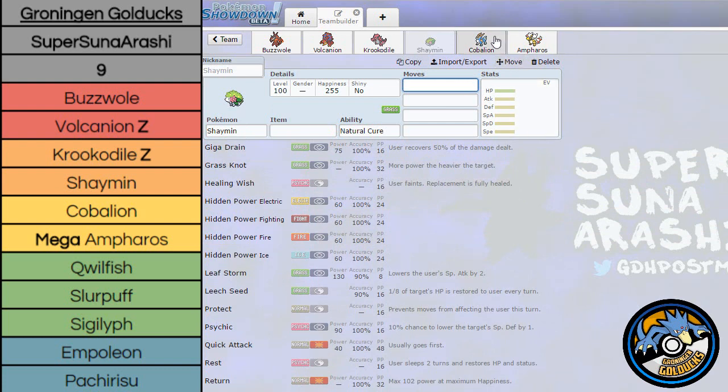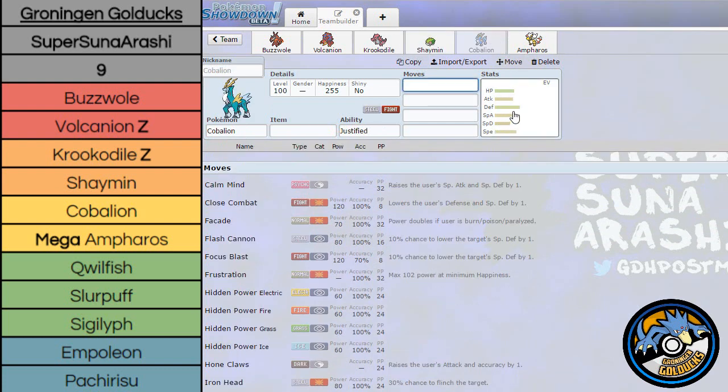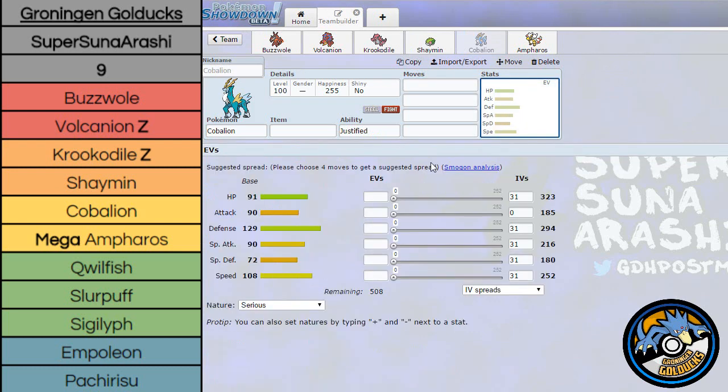Next off, we have Cobalion. Now, Cobalion is the same with Shaman. I never used Cobalion, but I really needed a fighting type to work with the mons I already have, and the steel typing can actually work as well. And Cobalion is here, a